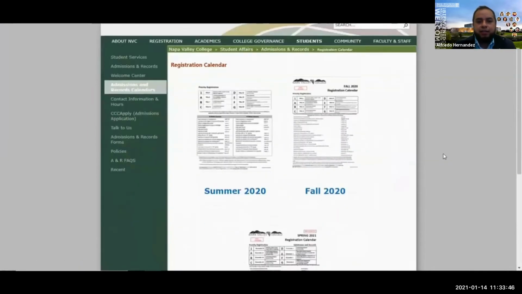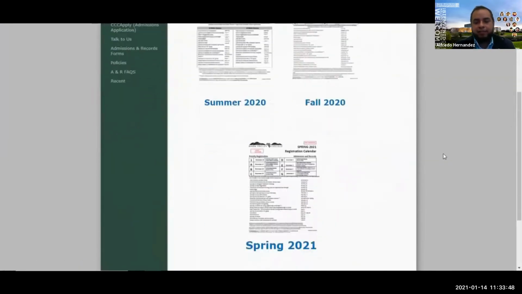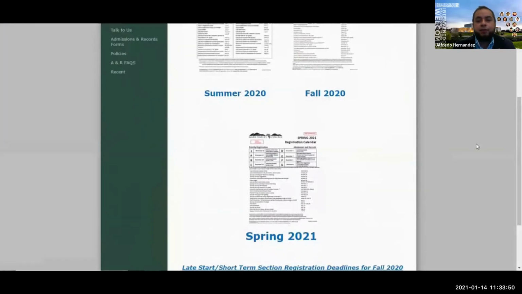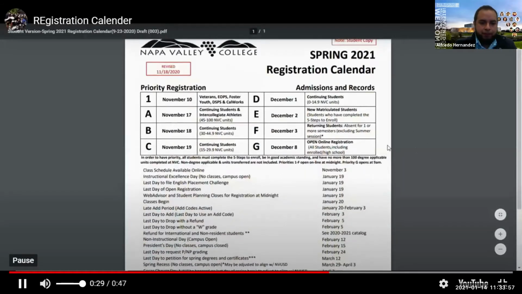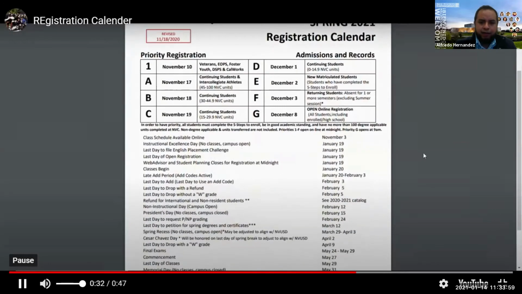As you can see, there's some from the previous calendar, from the previous semesters. You would want to click on spring 21 because that's the current semester we're in. And then if you look here, I'm gonna pause it for a little bit. It has a lot of different information, and I don't expect everybody to know this information, but just keep